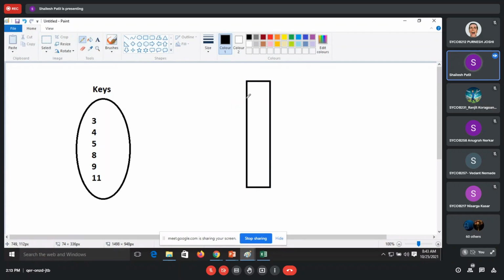We just partition that: 1, 2, 3, 4, 5, 6. Likewise we'll have some partitions. I will write 0, 1, 2, 3, 4, 5, 6. We'll again increase this up to 9 buckets.